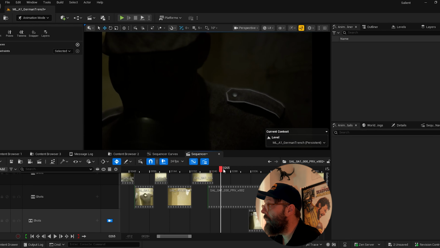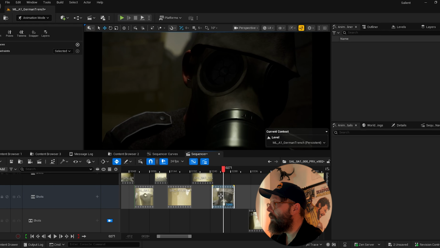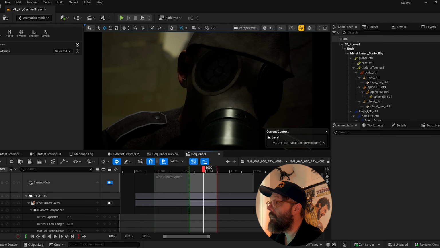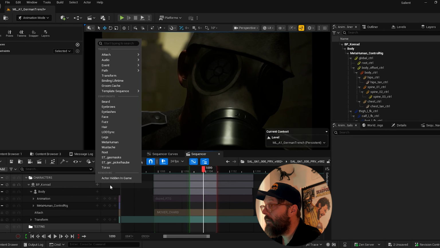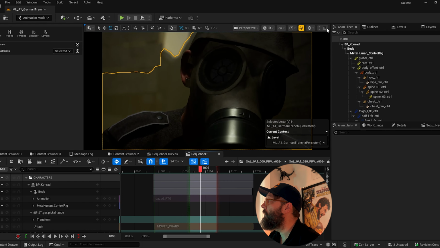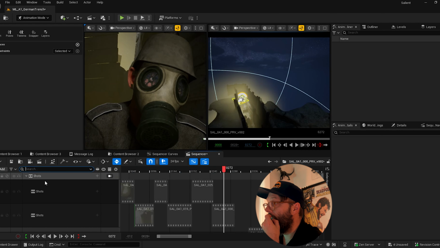Okay, let's just see here. So he looks up, then we're going to get the POV. But I want to just pop into this and I want to just move his helmet back a little bit because I feel like it's hiding his eyes. No, I'm still not getting his eyes. Let's see if I can figure it with the light. So we just do that. So he looks up,